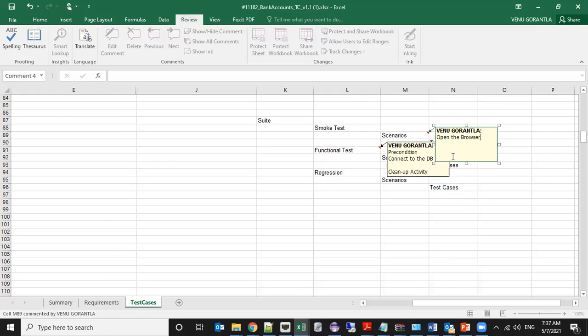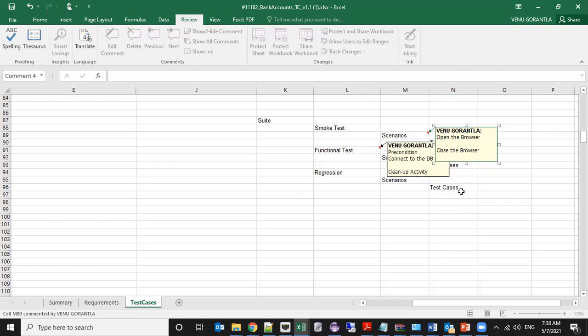So what you need to do? You need to see to it that you open the browser for each scenario and close the browser. So you have two things here. First one is the precondition, and the second one is the cleanup activity.